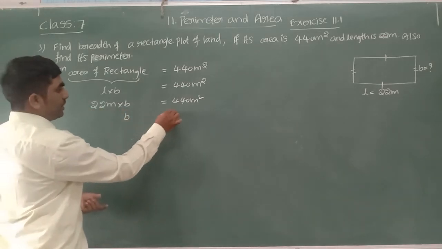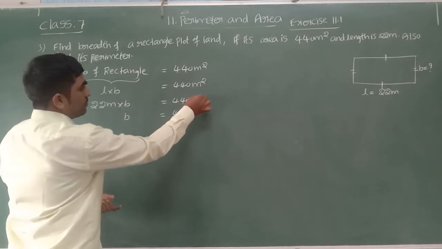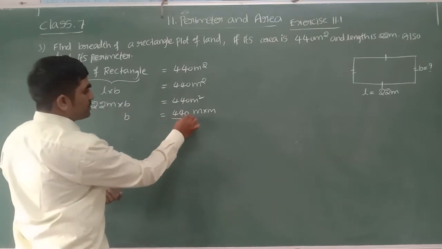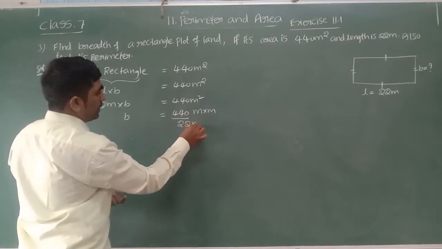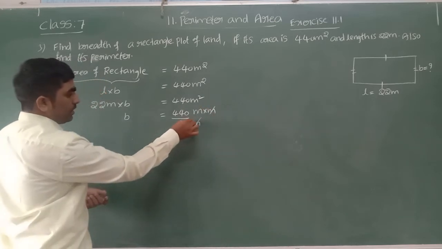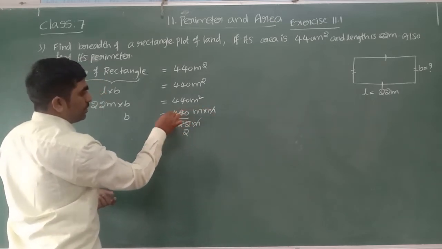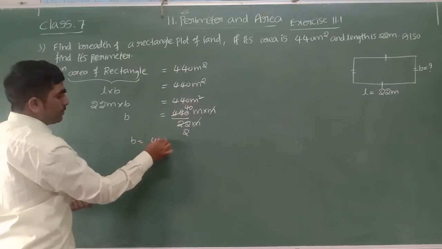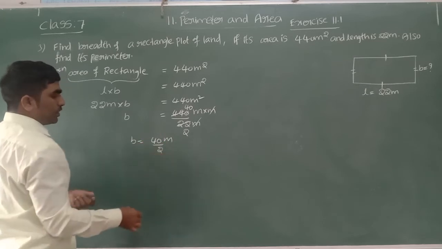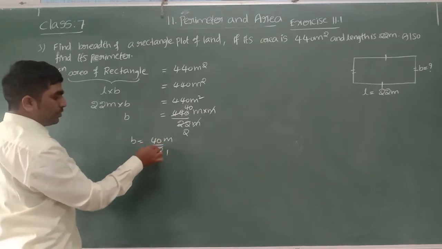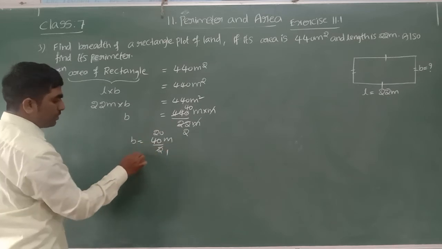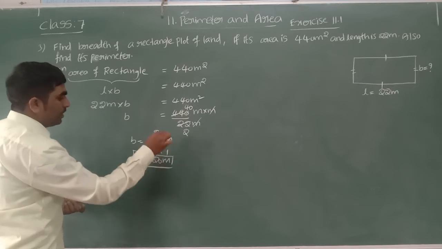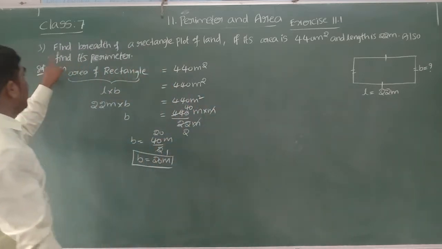It becomes 440 divided by 22, square meter, let me write meter into meter. So into 22, if I transpose, it is divided by 22 meter. Meter, meter cancel. Here you can see the 11 table: 11 2s are 22, 11 4s are 44, 11 0s are 0. I got breadth is equal to 40 meter by 2. 2 is the common factor, let us divide with 2. 2 1s are 2, 2 2s are 4, 2 0s are 0. So breadth is equal to how much, beta? 20 meters.